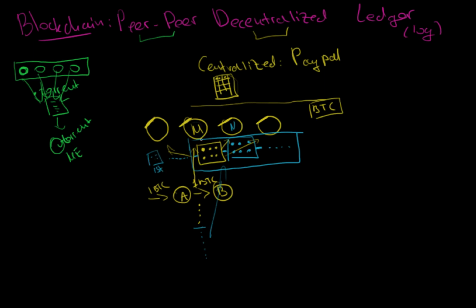So when M wants to verify A's Bitcoin, he can go back in time and look through all the transactions that have taken place and all the times where A appears in the blockchain. And if by the time A wants to send B 1 Bitcoin, A has that balance, then that will be a valid transaction. Otherwise, it will be rejected. And this is actually the importance of blockchain, because prior to that, we couldn't implement such a system.